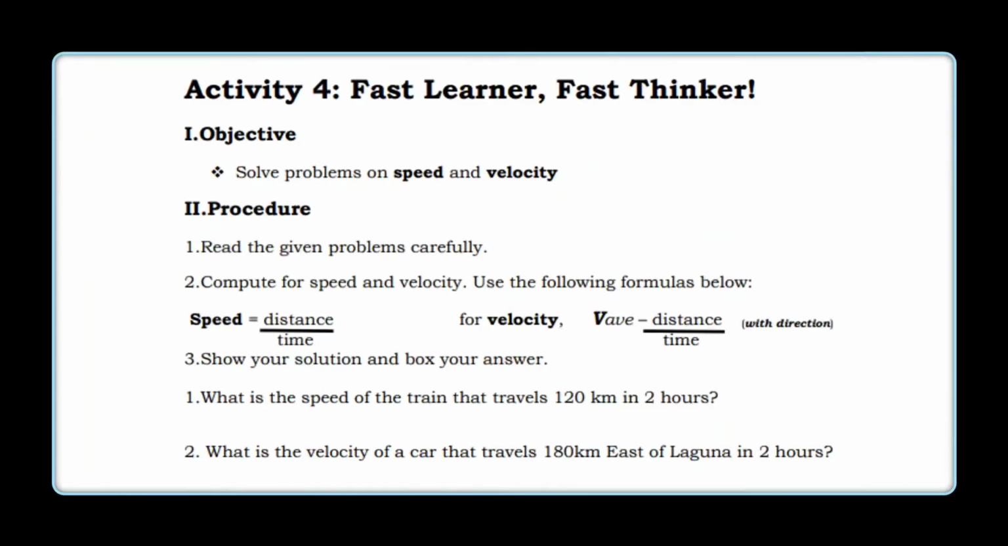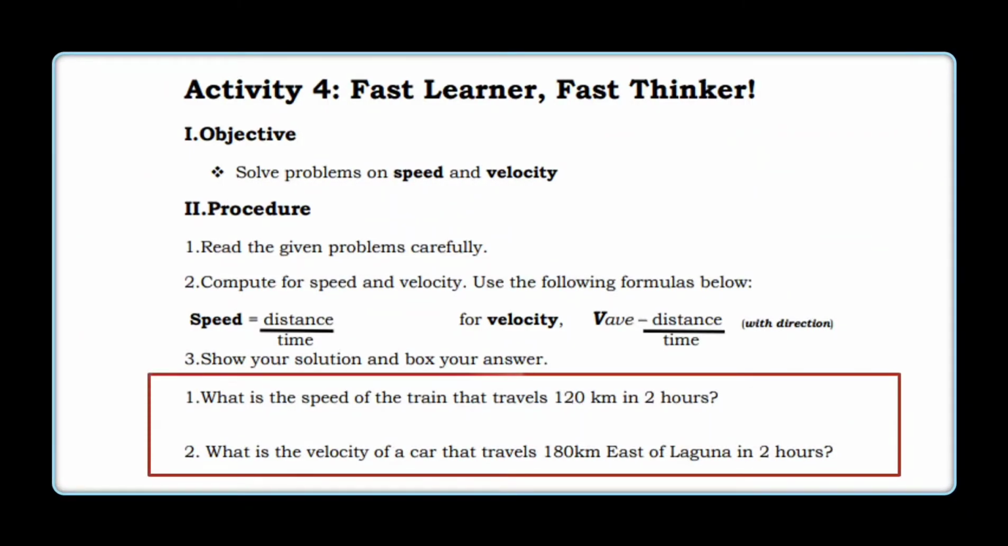For activity number 4, you will solve problems on speed and velocity. Sa pag-solve ng problems na ito, you will use GRESA. Ang problem number 1 is, what is the speed of the train that travels 120 kilometers in 2 hours? And for number 2, what is the velocity of a car that travels 180 kilometers east of Laguna in 2 hours? Pwede mong balikan ang mga sample problems kanina para may guide ka kung paano mo sasagutan ang mga word